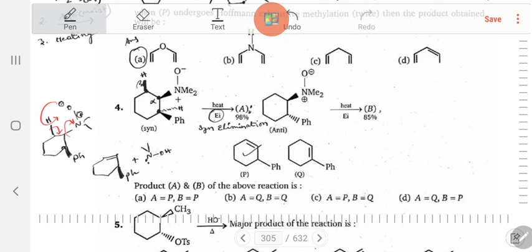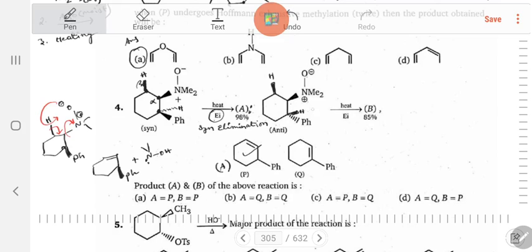Now this is A, that means. Now coming to this, here phenyl is below the plane, which means hydrogen is above the plane. So you will have hydrogen above the plane, and there is also hydrogen here which is also above the plane. Now the possibility is, which is the major product. Here the major product will be, when you get a double bond here, the double bond will be in resonance with the phenyl ring, right?